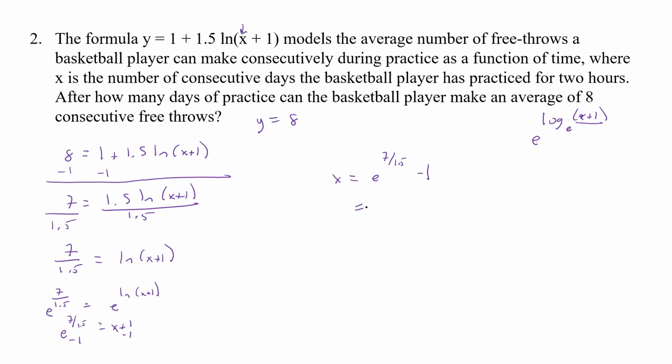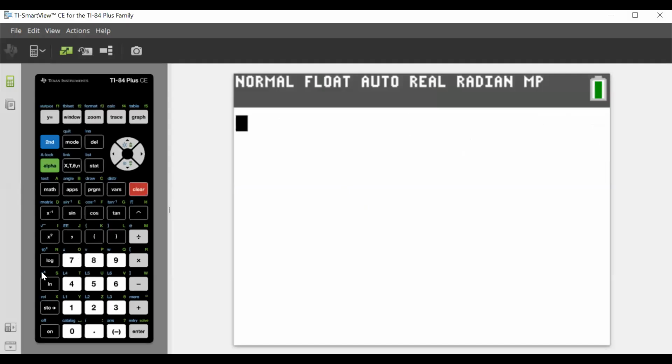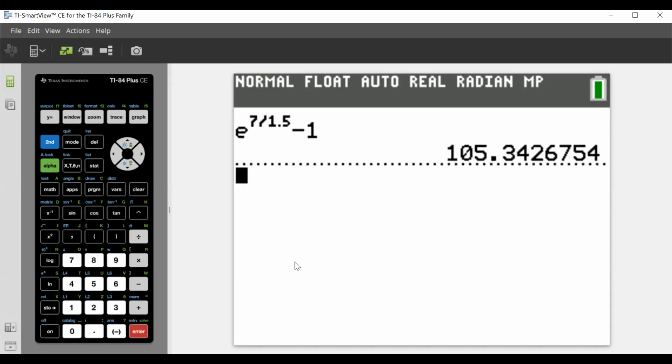And now I have to plug that in my calculator to see what my answer is. So to kind of show you how that works, now our E button is associated with ln, so it's going to be right above it. And so it's going to be second E, and I had 7 divided by 1.5. Then I have to remember to arrow down, and then minus that 1, and that says